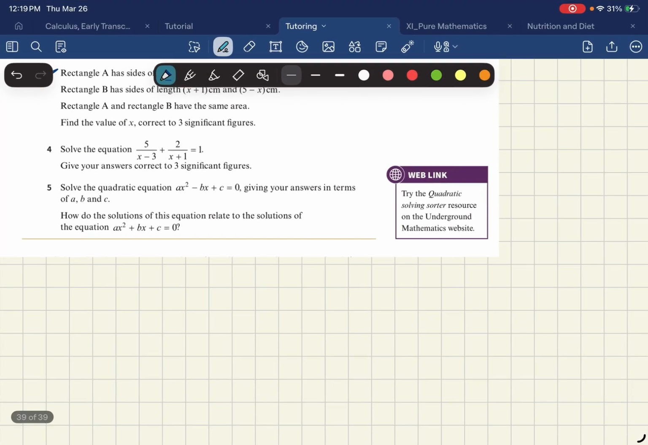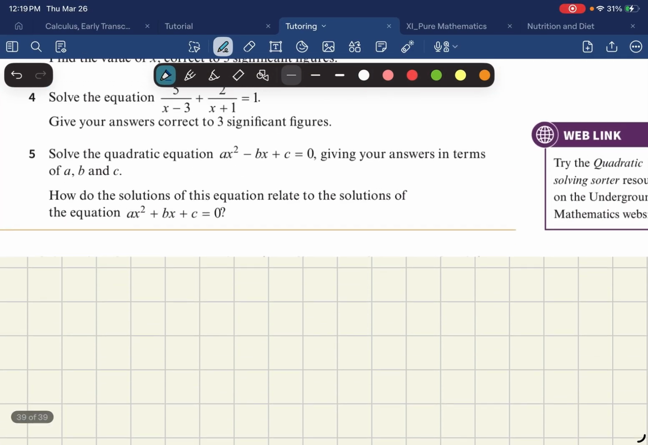Question 4 is very similar to what we have done in the previous videos. So I have 5 divided by x minus 3 plus 2 divided by x plus 1 equals 1. So now let's use the butterfly method. So we have